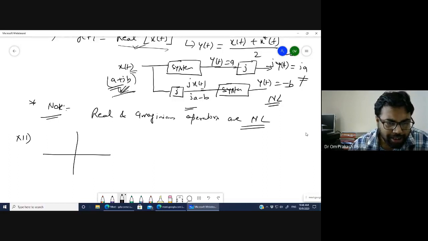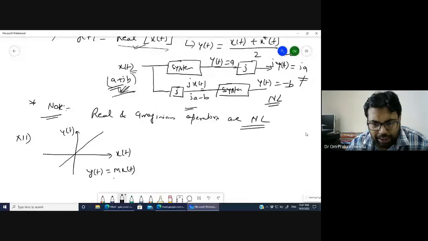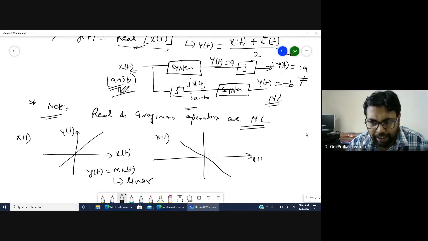Let's say this function is given. Let's say this function yt is here, or this one is the xt. Okay, so it is nothing but yt is equals to mxt, right? Yt is equals to mxt. Obviously it is linear. Why? Because when you put the 0, you will get the 0. In another case, the same case is there. Okay, and you are drawing like this. If your input xt is this one, yt is this one, again it is yt is equals to minus m of xt. It will provide the linear.